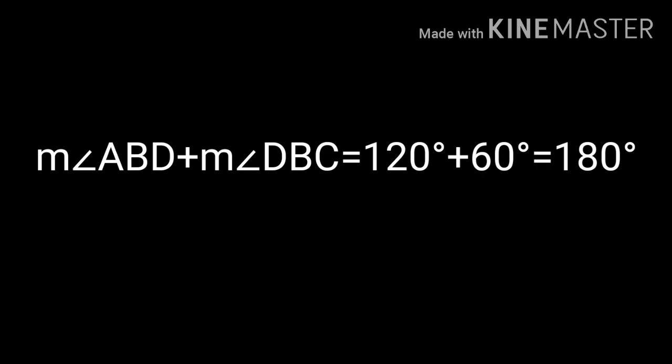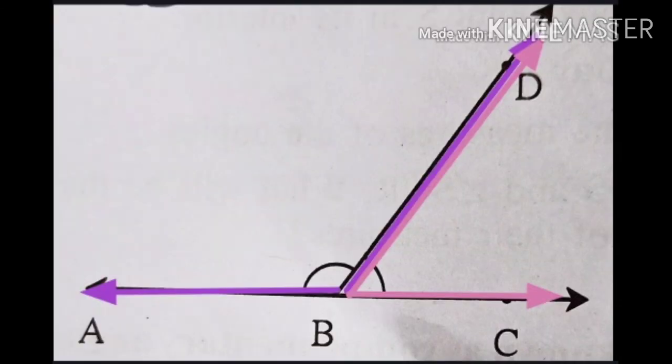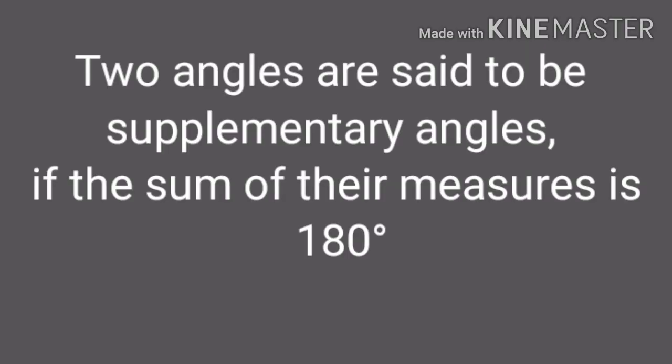Measure of angle ABD plus measure of angle DBC is equal to 120 degrees plus 60 degrees, which is equal to 180 degrees. In the figure, angle ABD and angle DBC are supplementary angles. Each angle is said to be the supplement of the other. So now we know two angles are said to be supplementary angles if the sum of their measures is 180